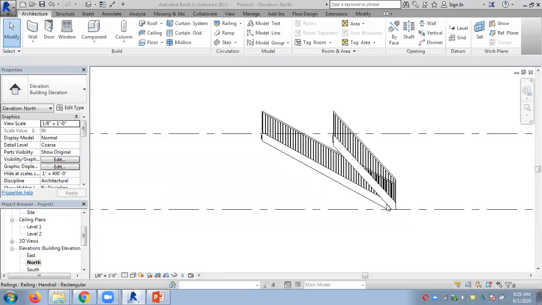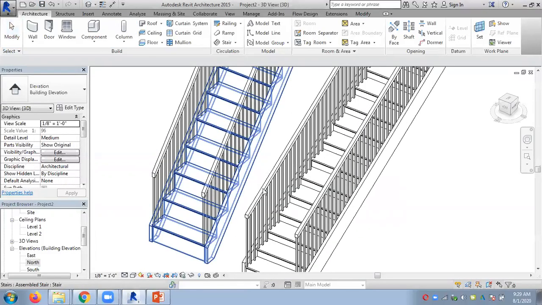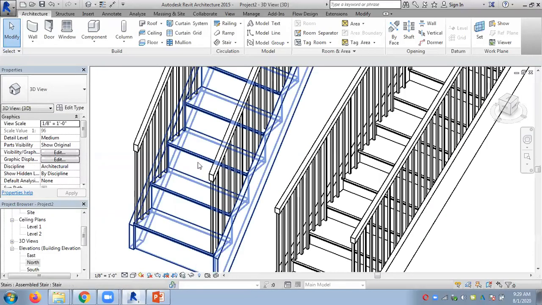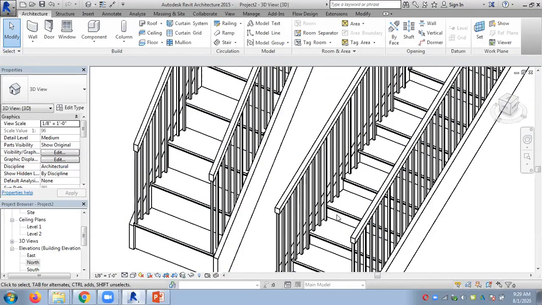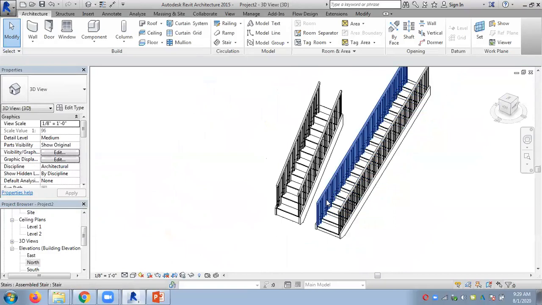So if you are designing for elder people, this may be good. If you are designing for young people, this may be good. So it depends on the requirement you have. You can have a high step here or low step like this. As well, you can change the depth also, depth of the staircase. So these things can be adjusted and change the angle.